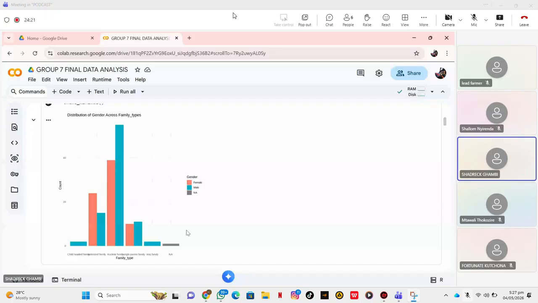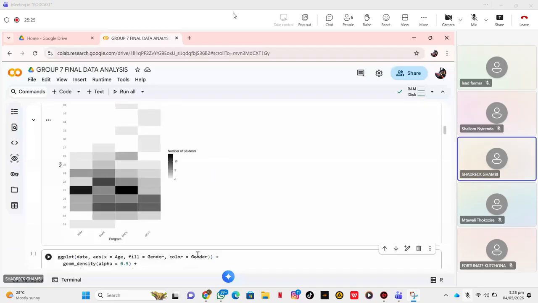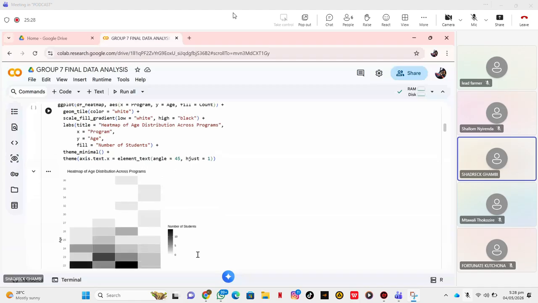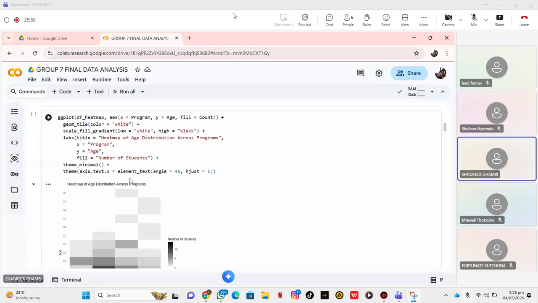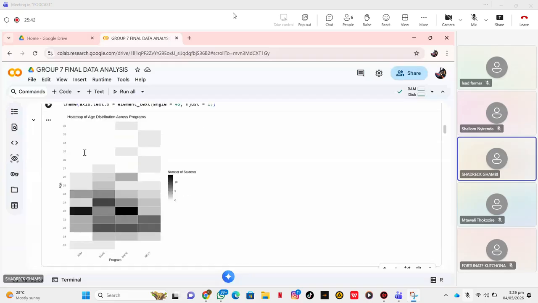So after writing the code ggplot, df heatmap, x-axis program, y-axis age, and then the number of students. This is our output for the heatmap. We can see that the